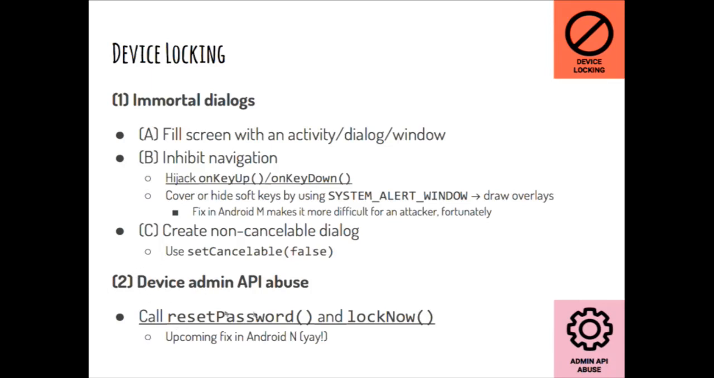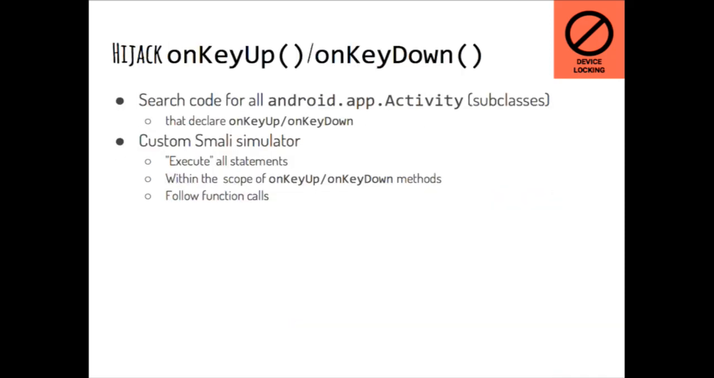And then the second broad category, as I told you before, is the device administration API abuse. But fortunately, we have an upcoming fix in Android N. So speaking of the first technique, what we want to find out is if there is any activity in the application that overrides these two methods, each one. So if we have detected that, we go into the method that overrides this API method, and we execute all